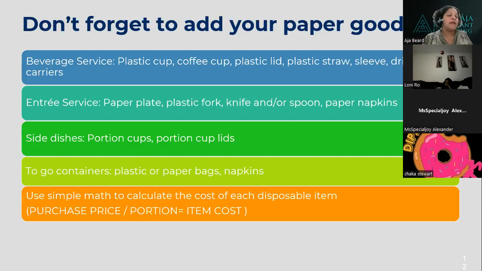Some of those disposable items can get pretty pricey, especially if you're using some of the more eco-friendly, earth-friendly materials. They are often more expensive. You may have a container that's costing you 40 or 50 cents in addition to everything that's going into it. So it's imperative that you are calculating these additional items. I'm not saying sit there and count out every single napkin you give to folks. That's why we just round up. But if you are using a premium item, especially with your logo printed on it, which is definitely more expensive, you want to make sure that's listed.